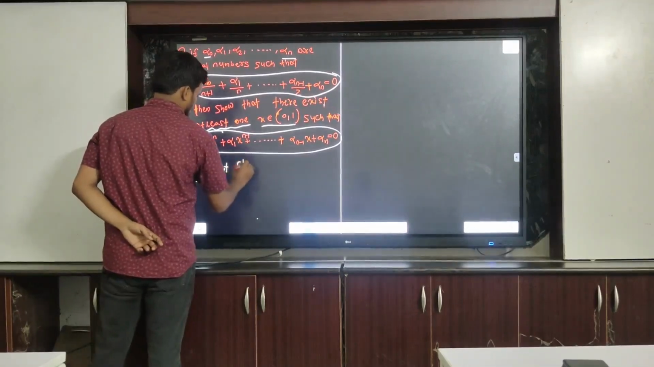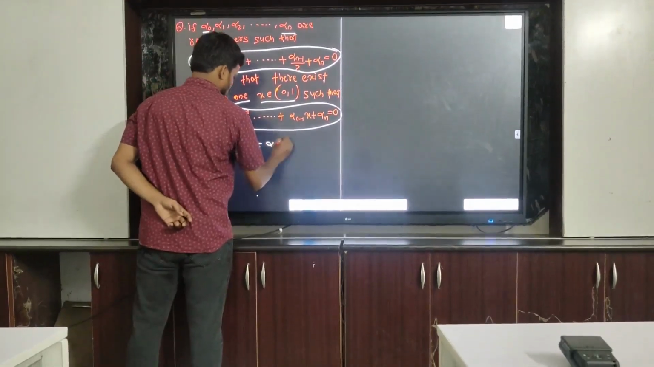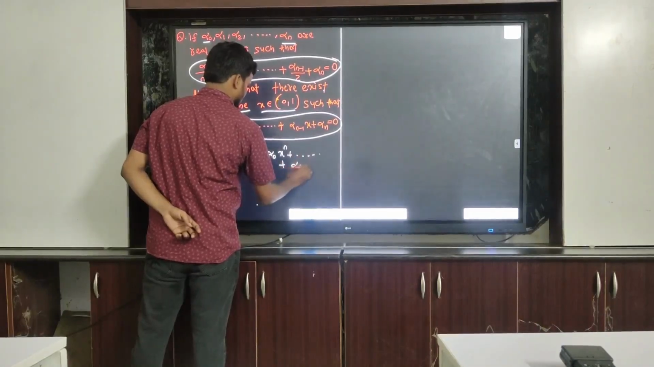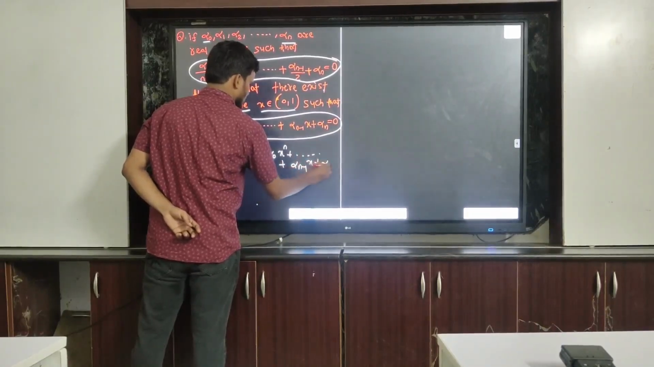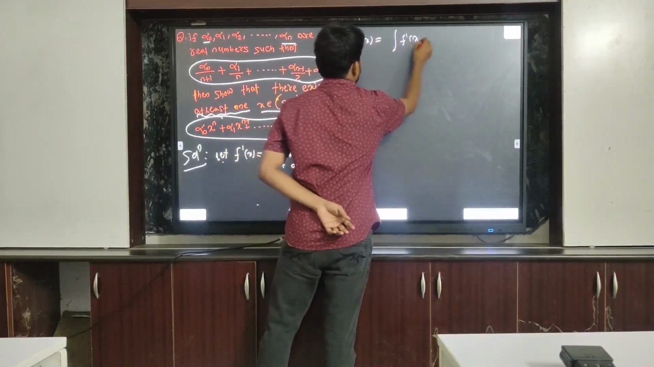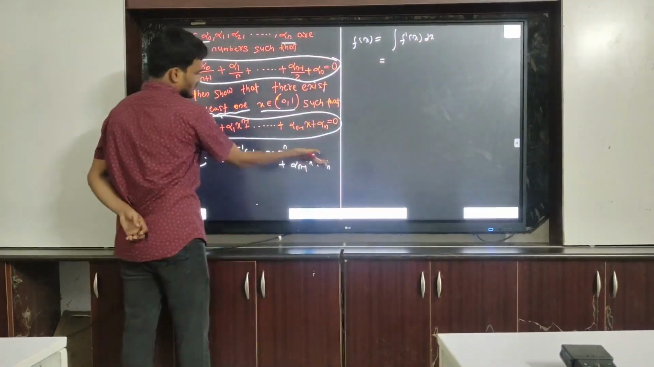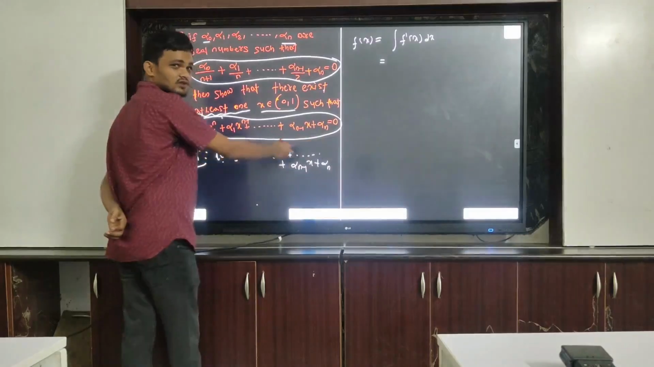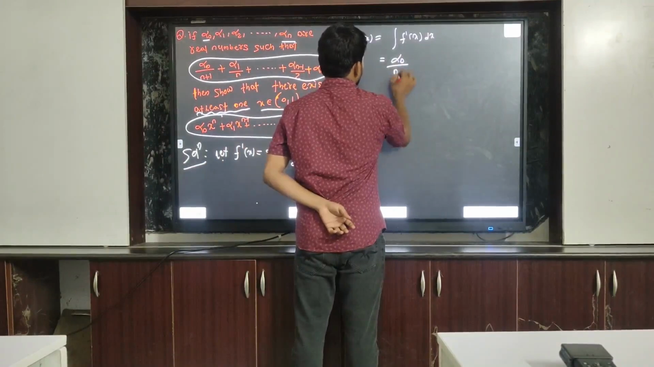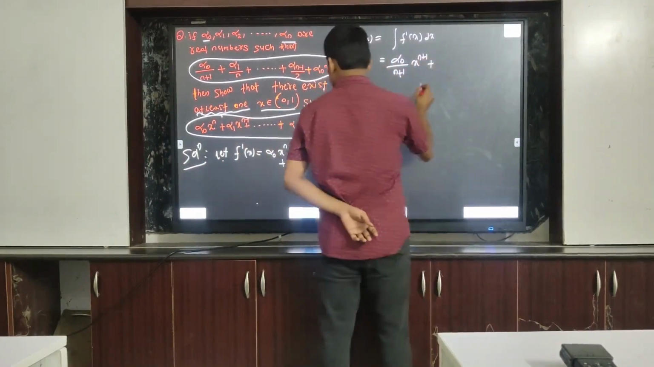Let f dash x be equal to alpha 0 x to the power n plus alpha 1 x to the power n minus 1 and so on, plus alpha n minus 1 x plus alpha n. F of x is nothing but the integration of f dash x dx. This is a polynomial, so instead of integrating individually, we will get alpha 0 by n plus 1 x to the power n plus 1 plus